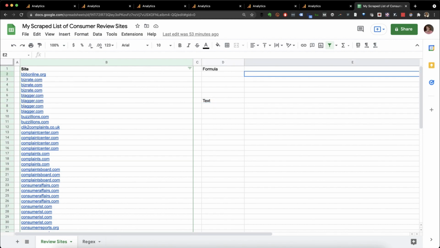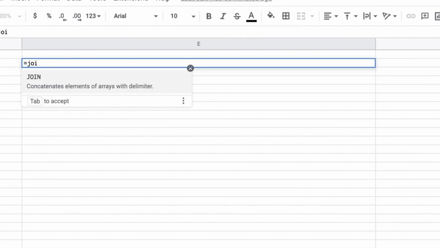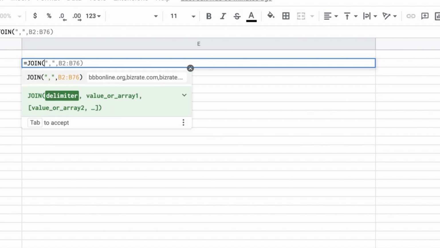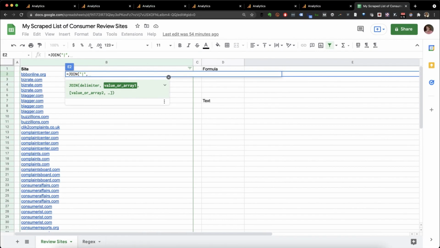So Google Sheets has a function that Excel doesn't have. I wish it did, but it's called the join function. And the join function needs two parameters. One is the delimiter that you want to use to join the items in this particular array, and then the array or the group of cells. Well, we want to join it on the pipe character, and we are going to point it to this cell,